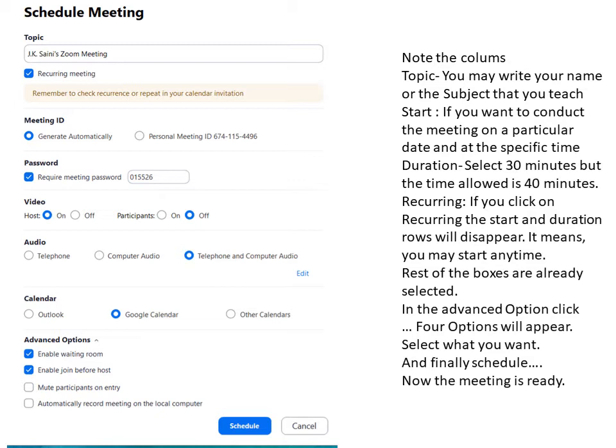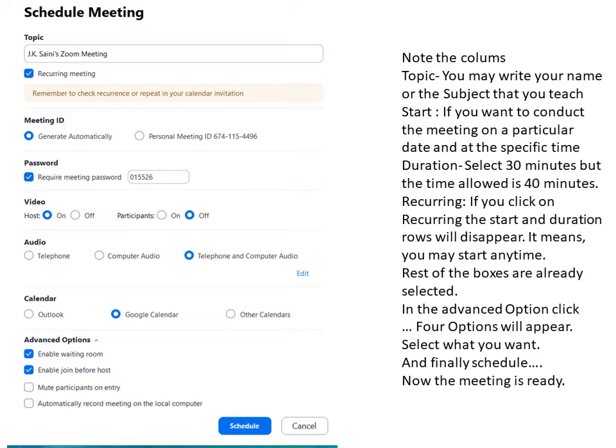These are some of the options you have when you want to schedule a meeting, like enable waiting room, enable join before the host, mute participant on entry, automatically record. So normally we leave the last two, we do not touch on it.